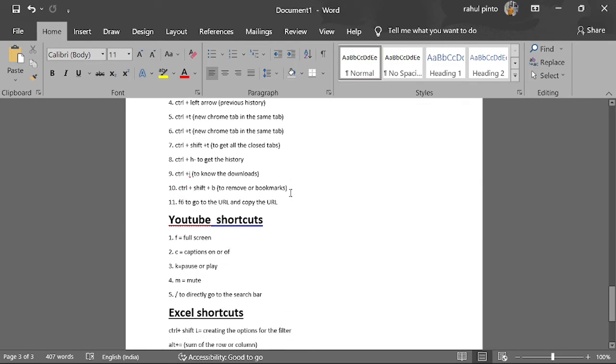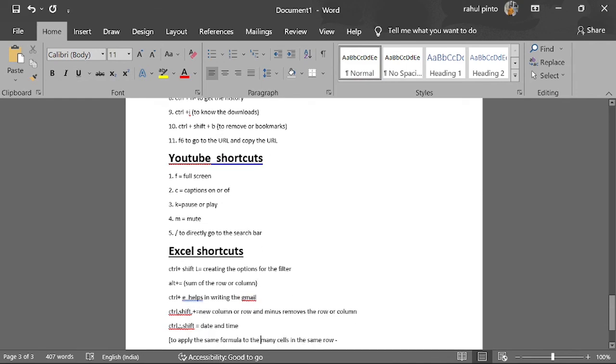As you know, everyone will be using YouTube on a daily basis, but you need to know some of the shortcuts which are used on YouTube. Here I have mentioned only a few of the YouTube shortcuts, as I know this many shortcuts only, but I expect more shortcuts, and I know that there will be many shortcuts for YouTube. Sorry for that, and definitely I will provide better shortcuts for YouTube.